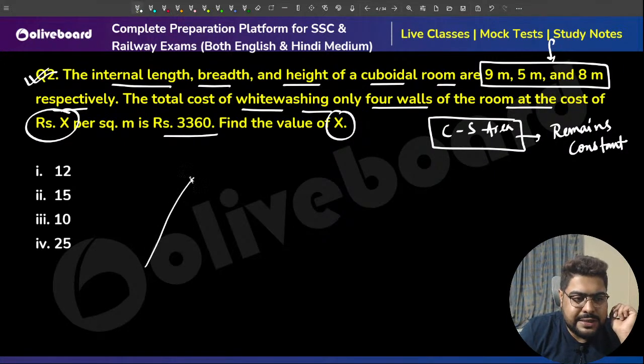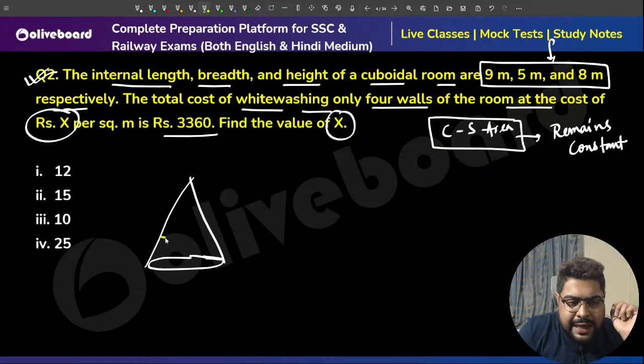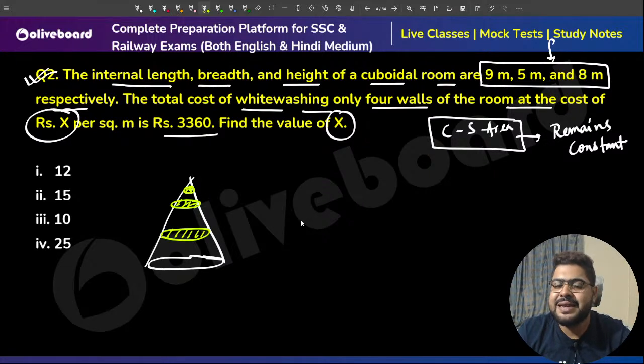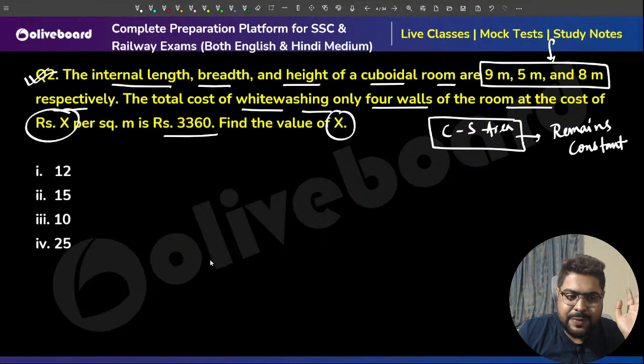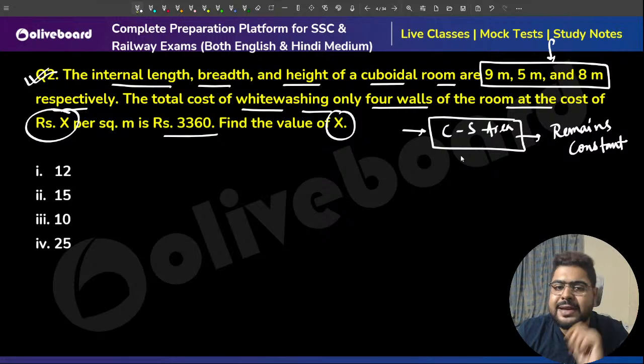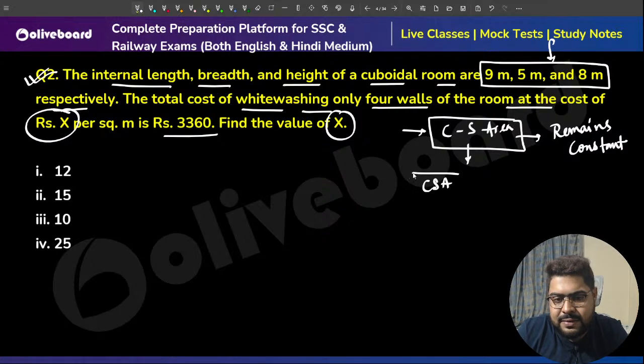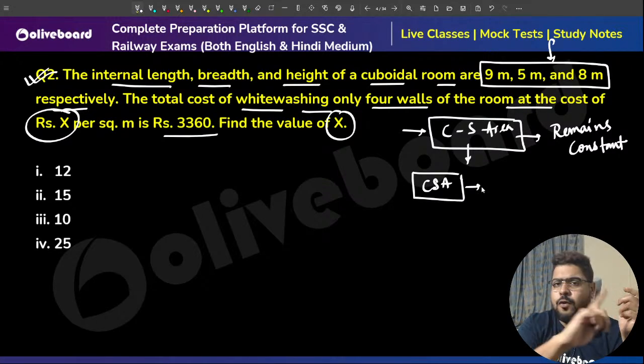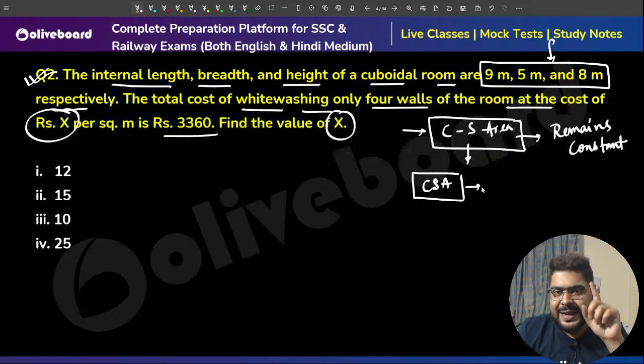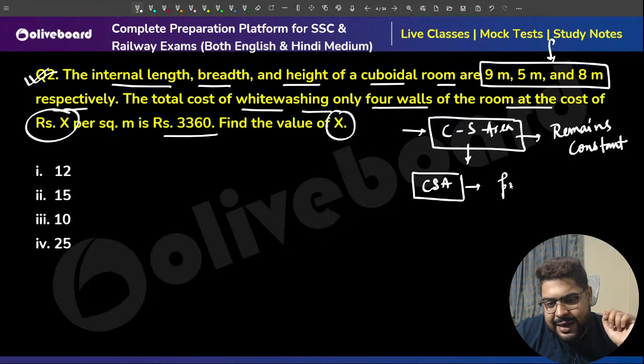If I draw a simple cone here, this is the area. We go up, the area has reduced. We go still up, the area is again reduced. So whenever this happens, what I'm saying is not valid. But if the cross-sectional area is constant, always remember the CSA, curved surface area, or the area of 4 walls in case of a cube or cuboid, it is always the perimeter of the base